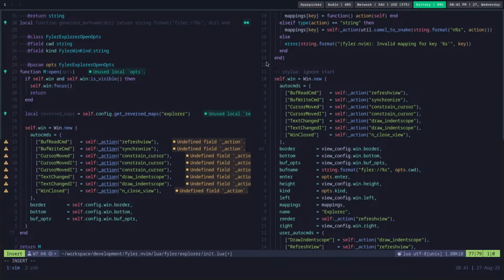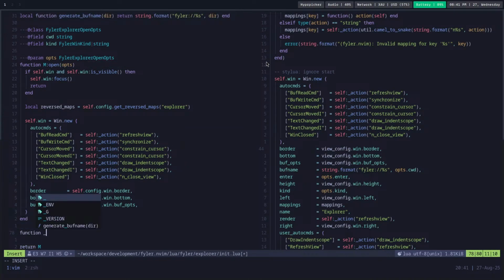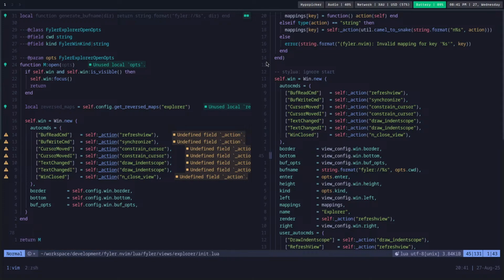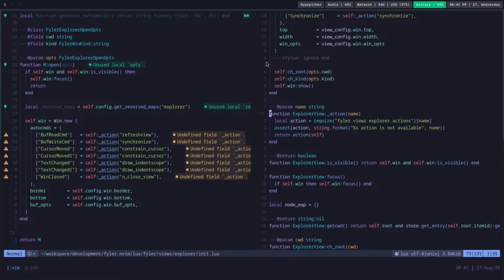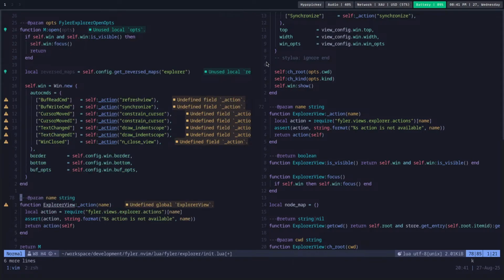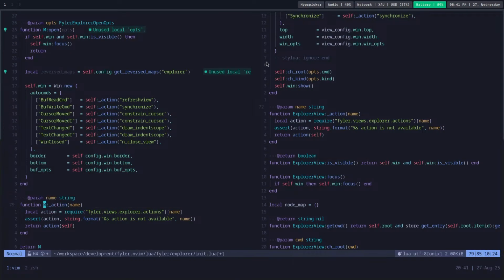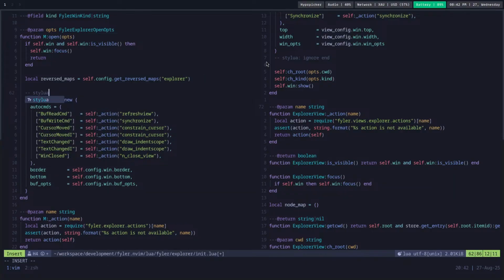Anyways, I think I should make an action function, or maybe I can borrow them from here. Let's borrow it from here like that, and let's convert from here to here. I don't want that from views. I just simply want that from Explorer actions. And I don't want to mess around with the formatting, so style Lua,